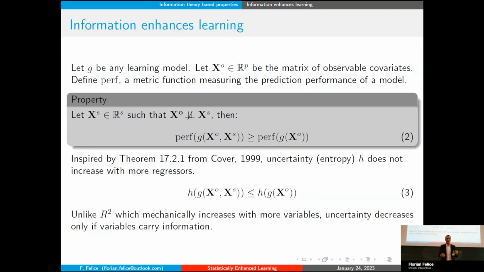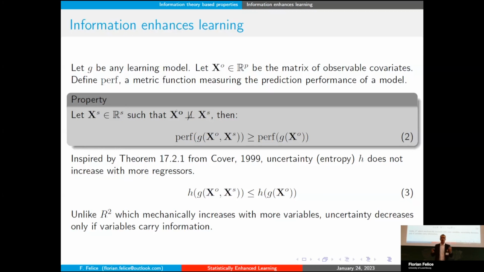We want to make a small disclaimer here, because we may think also of the R-square that are known, for example, in the linear settings for regressions, where by just adding more variables in the regression, you will just mechanically increase the R-square. Here is not the case, because what we're interested in is not as a function of the number of variables, but as a function of the information that the variables are considering.